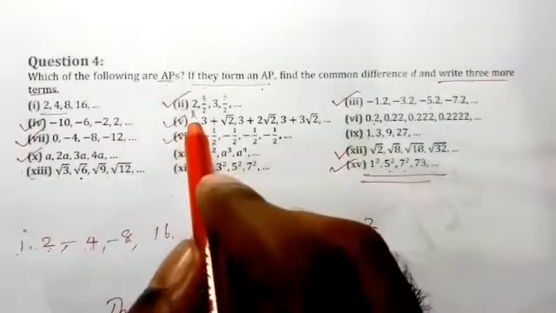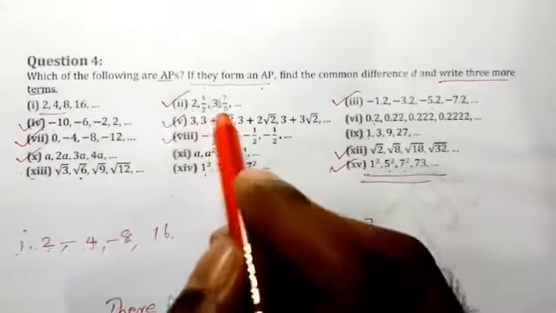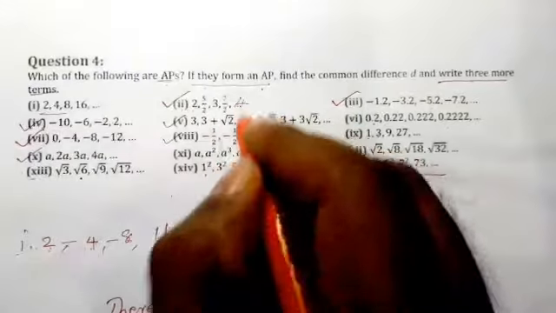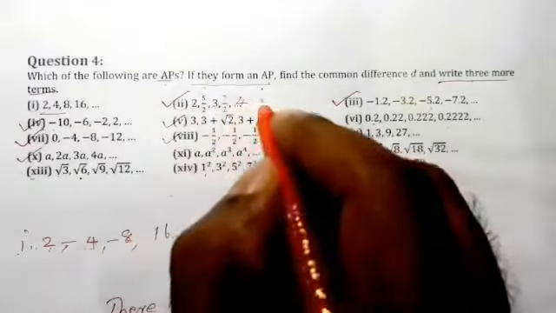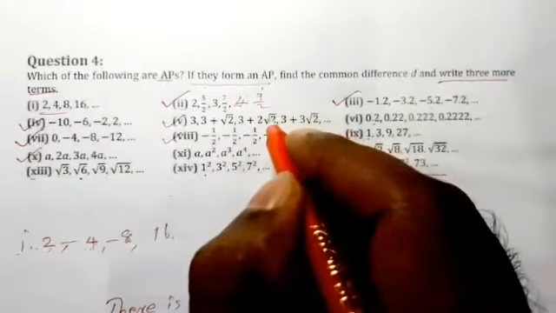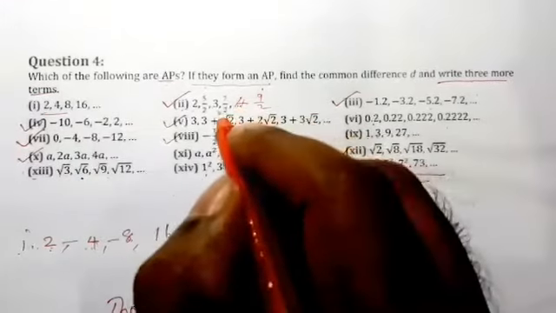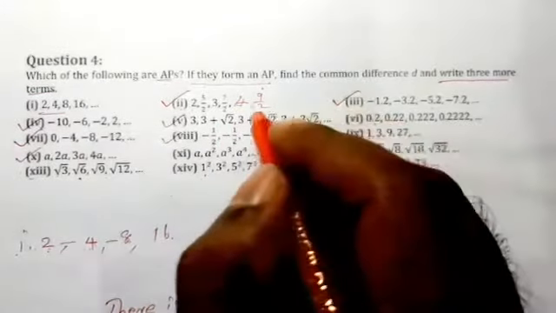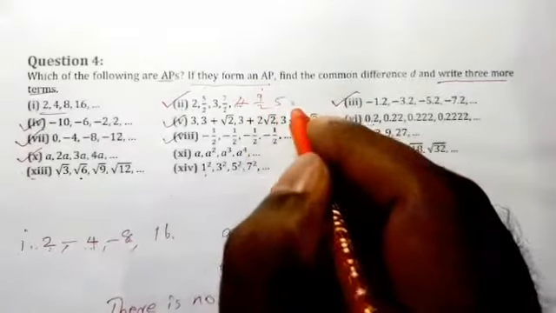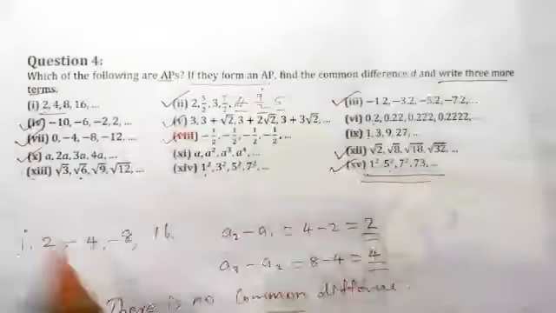Here we can understand this is 2, this is 2 and a half, 3, 3 and a half, and 4 will be here. Next, 4 and a half will be there. 4 and a half means 9 by 2. And again we can add a half, and we get the next term. 4 and a half plus a half is equal to 5. So these 3 terms can be created.